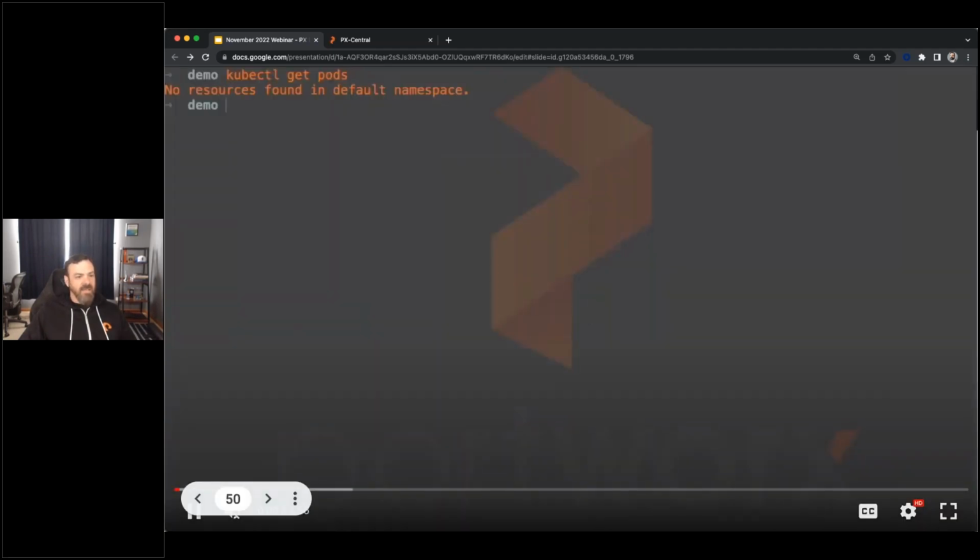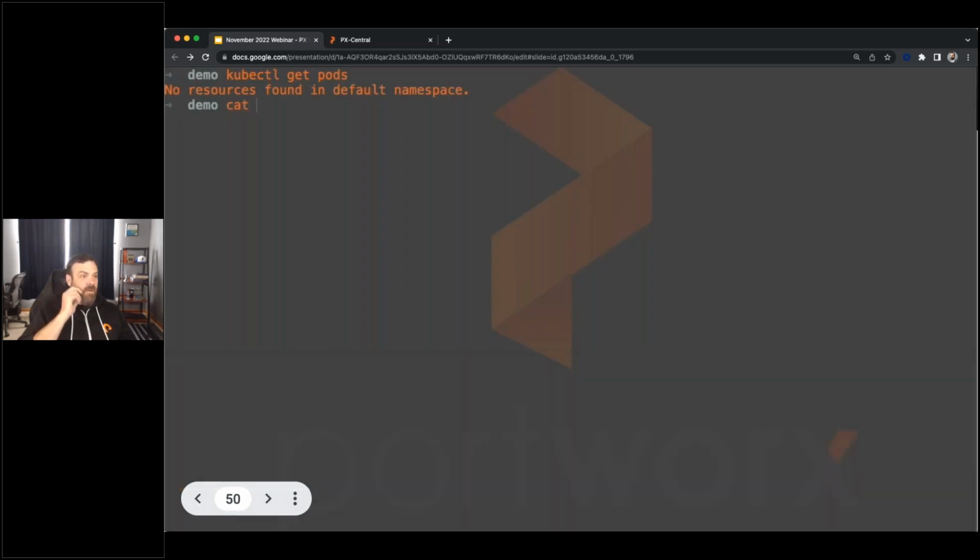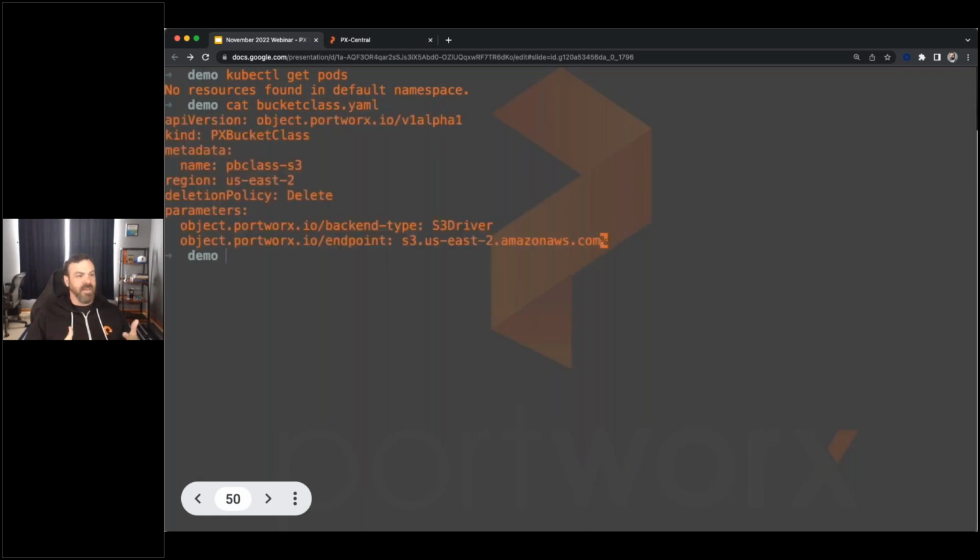So here I am in a terminal, and I've got some YAML manifests deployed for me already. And the first one I'm going to look at is our bucket class. Here's our bucket class object. I've given it a name of PB class S3, and it's got a region that shows it's US East 2. In parameters, you can see that we're choosing the S3 driver, and we've identified the endpoint where that S3 driver is connecting to, right? So we'll just apply that object